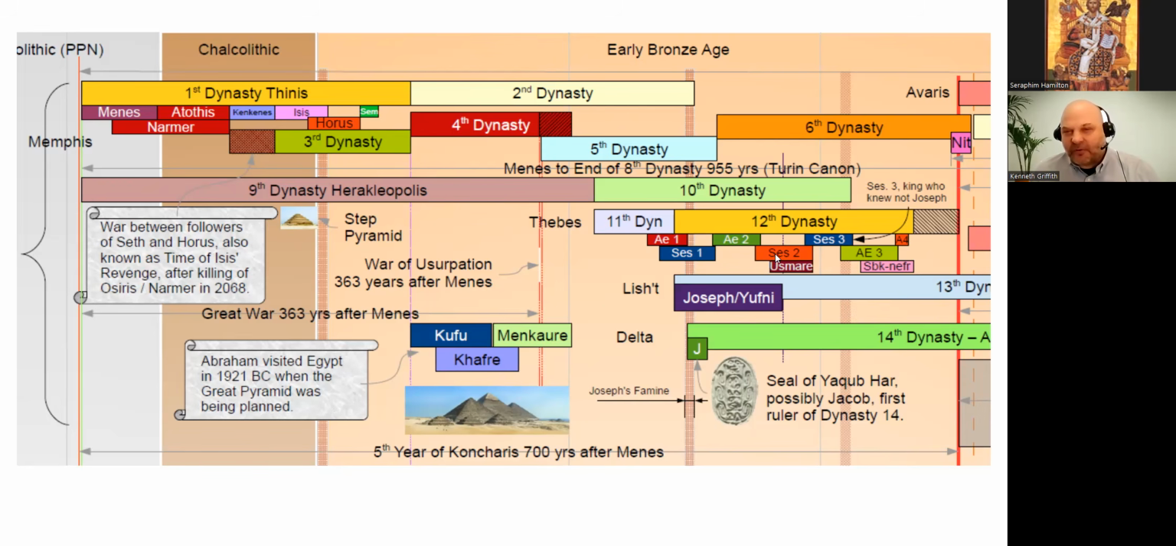So then you have three more kings of the 12th dynasty until Joseph dies, and Senusret III is the first after the death of Joseph, and we believe he is the king who knew not Joseph. And we believe Senusret III spent most of his reign fighting wars next door, and that Amenemhet III, his son, was co-reigning with him, but that you also had a